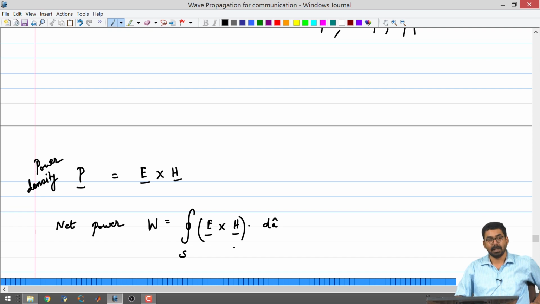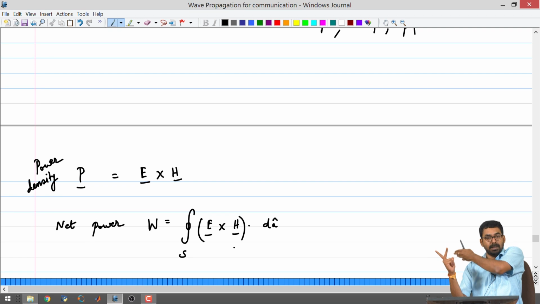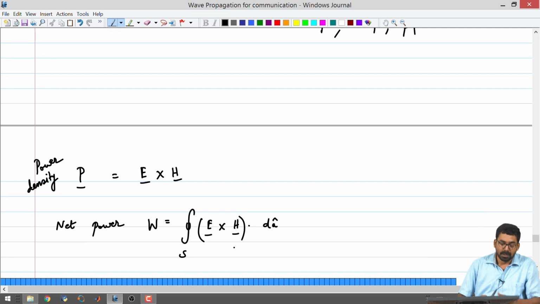So, it is E cross H, which also resembles what we had seen in earlier classes in the discussion of polarization. We had used the right hand rule, where the electric field is along the index finger, the magnetic field along the middle finger, and the direction of propagation is your thumb. E cross H just represents the thumb. So, the power is going from this side to the other side, along the direction of propagation. So, it is safe to assume that the source is somewhere here and the sink is somewhere on this side. You can use the same rule to figure out where the power is actually going.